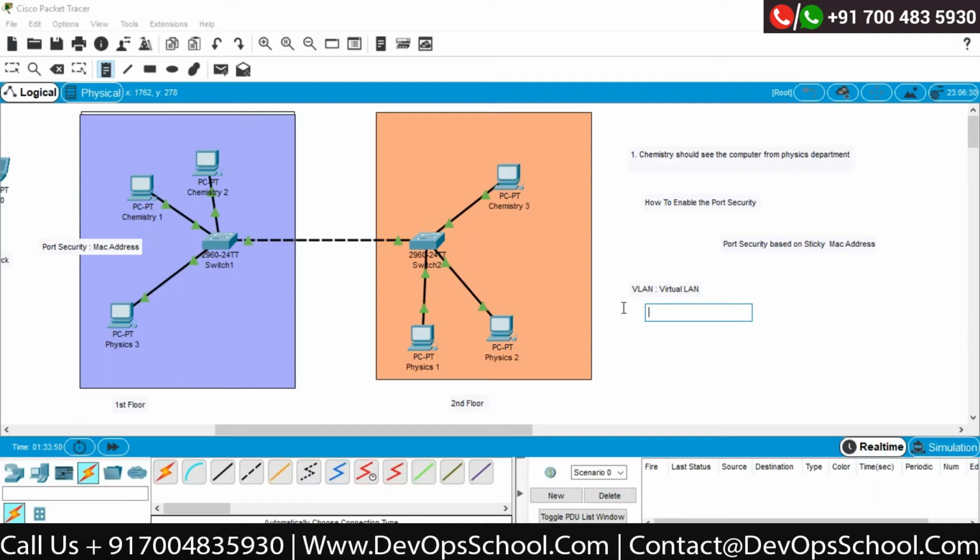Now, to be honest with you, I do have a single switch. Correct? Now, if I want this particular thing to be isolated at a network level,